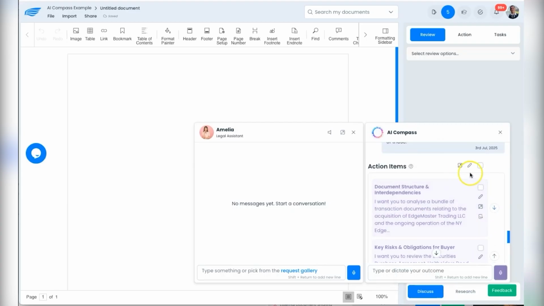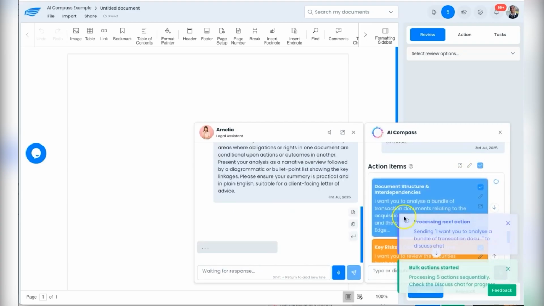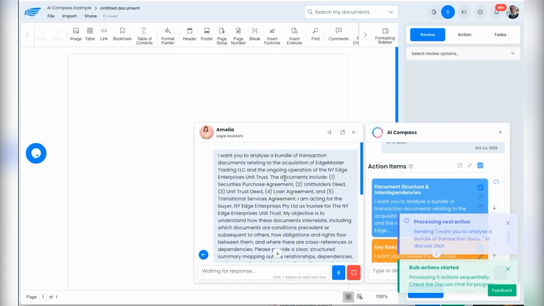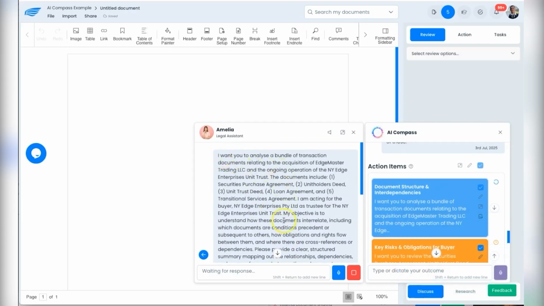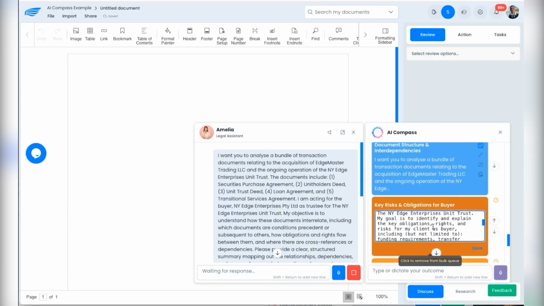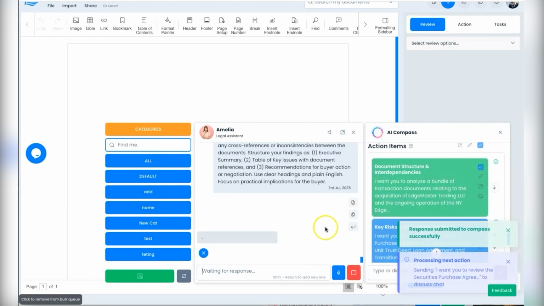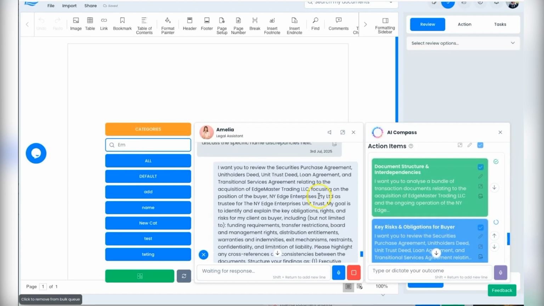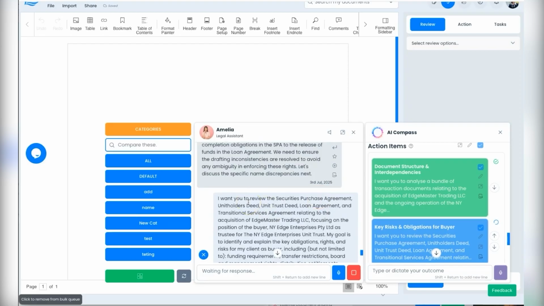I want to execute on all of these, so all I simply do now is click on here, and you'll see that it's sent the first request over to the discussion assistant. You see it's drafted a full and detailed instruction, and at any point in time before you click on execute, you can edit the request. So you could edit some of the details in here as you wish. You can see the Compass has now sent a new request asking it to identify the key obligations, the rights,